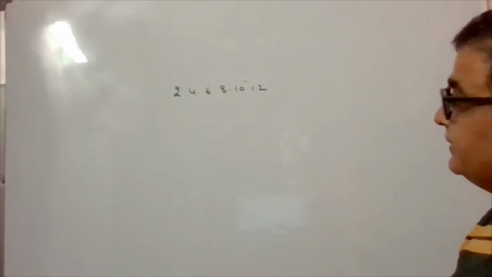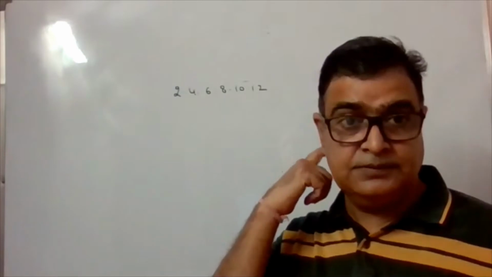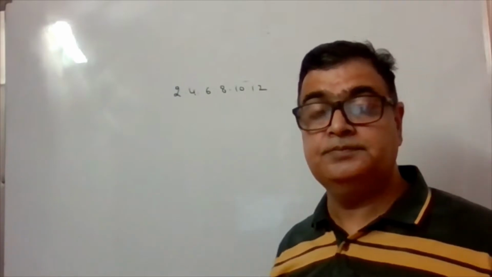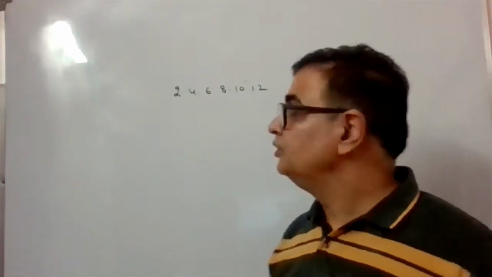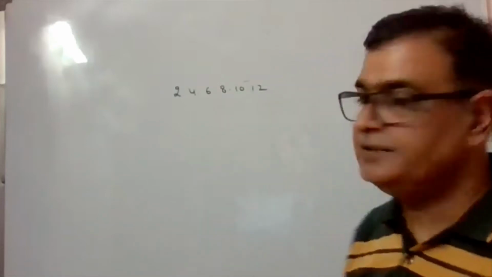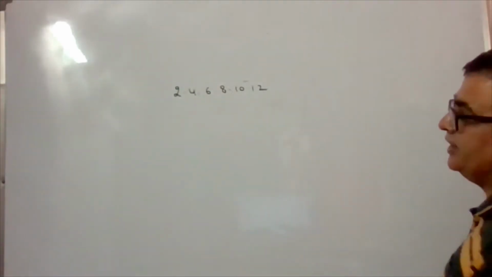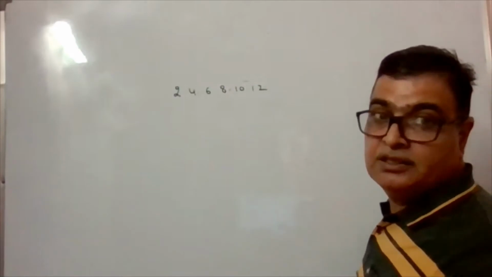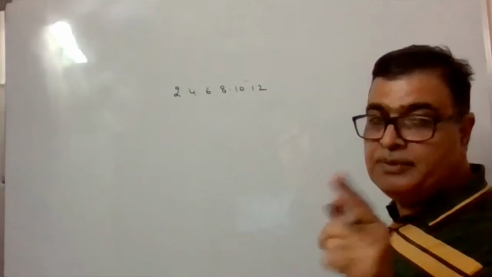Now in this case, 2 into 6 factorial. How many times? Sir, 2 with the power of 6 factorial. Yes, that is the mistake you are doing. There is no plus sign in between, so you can't take 2 common here. If it is plus in between, you can take common, but when it is multiplication, you can't take common.